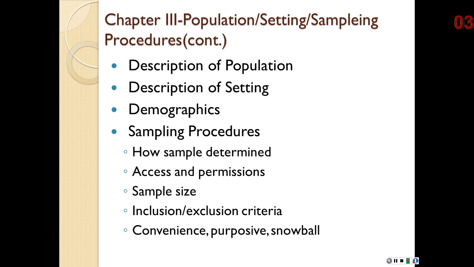And then the biggest section will be on the sampling procedures and the data gathering procedures. So sampling procedures. How are you going to determine the sample? How are you going to access these people? You're going to describe these things in more specifics. And Creswell does a great job in Chapter 7 of discussing some of these things. There are a number of tables that are helpful there. But how are you going to determine who you're going to include and exclude in your sample,